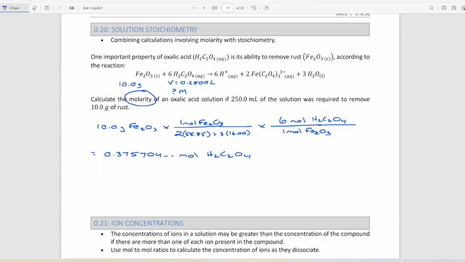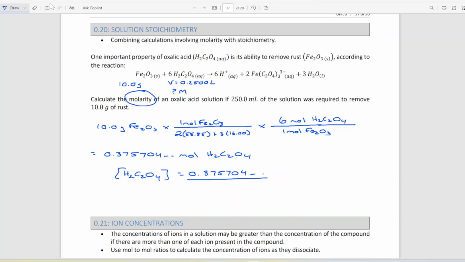And then what we're going to do is take these moles and find the molarity of the oxalic acid. So I'm going to do it as another calculation. You could have just kept going and said, I now want to go moles per liter, and put the liters down here, but I'm going to do it as a separate calculation. I'm going to calculate the molarity of H2C2O4, or oxalic acid, or maybe instead of molarity, I'm just going to put concentration. So the concentration of oxalic acid will equal that answer that I just got, unrounded,